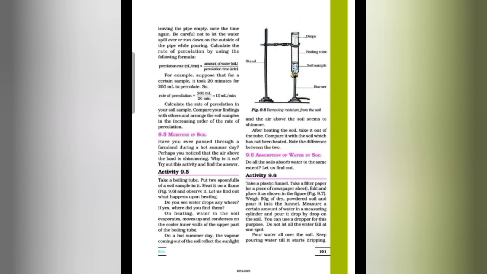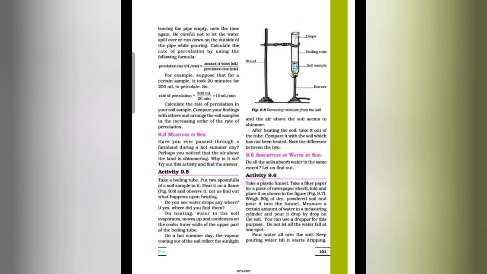After heating the soil sample in the boiling tube, you can observe that water in the soil is evaporating, moves up, and condenses on the cooler inner walls of the upper part of the boiling tube. On a hot summer day, the vapor coming out of the soil reflects the light, and the air above the soil seems to shimmer. So students, in this activity we can observe tiny drops of water